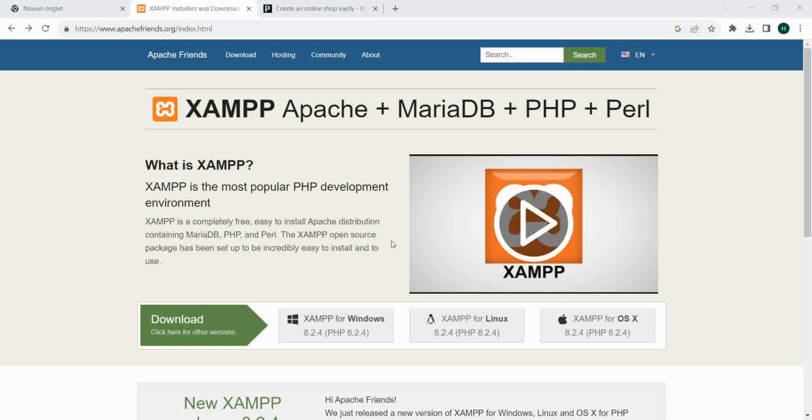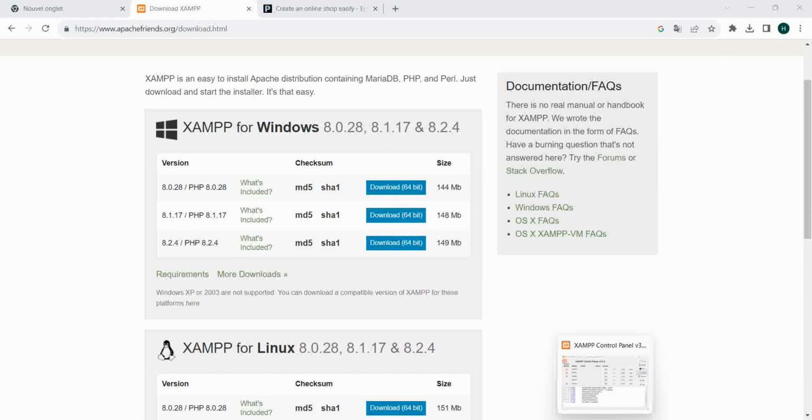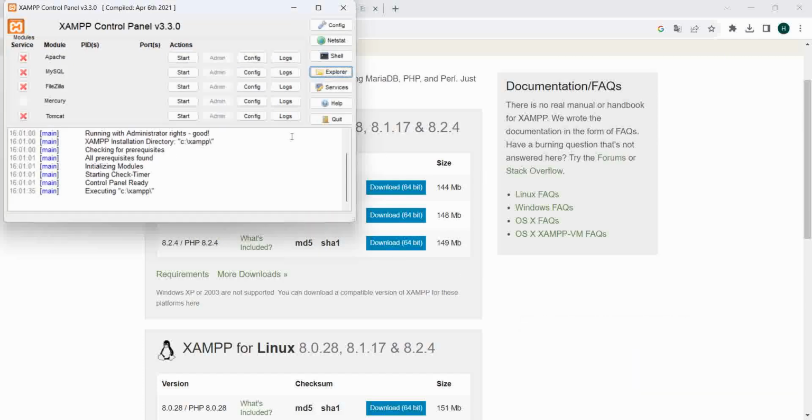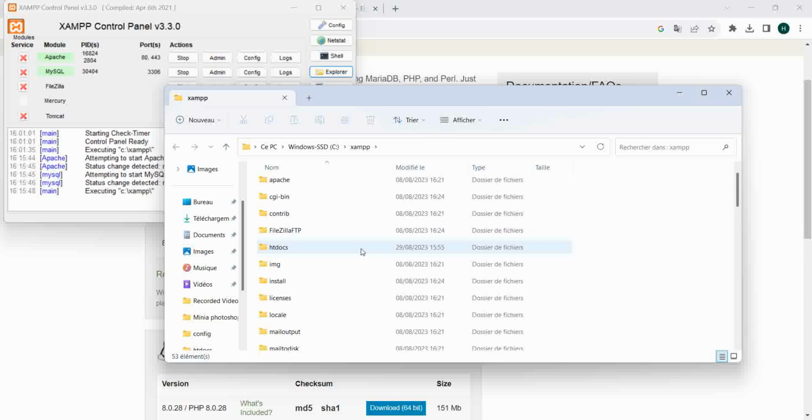Here we are on XAMPP website, click on Download, and then choose the version you want for XAMPP. After installing XAMPP, open the XAMPP control panel, start Apache and MySQL, and click on Explorer. It will redirect you to the folder where you installed XAMPP. Now click on htdocs,